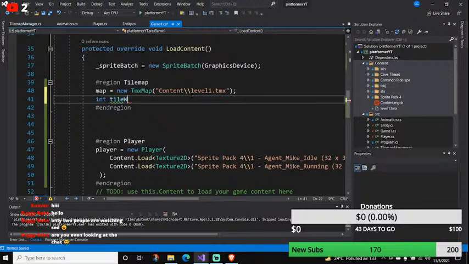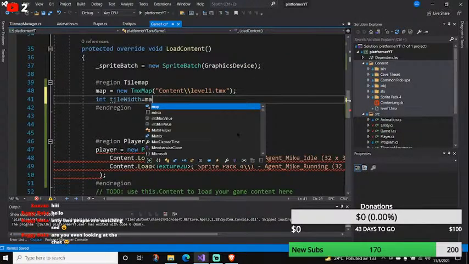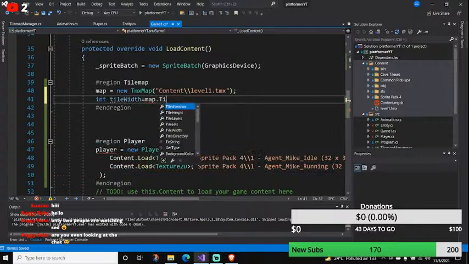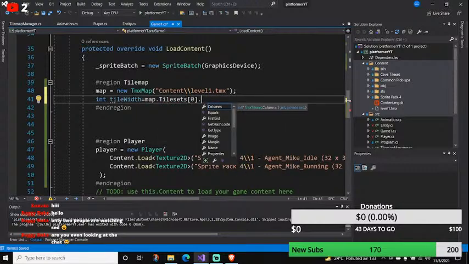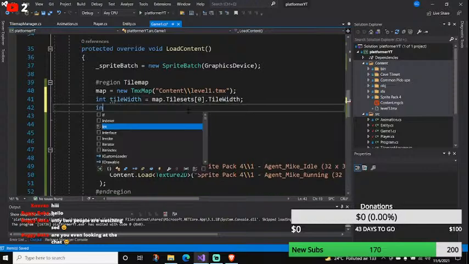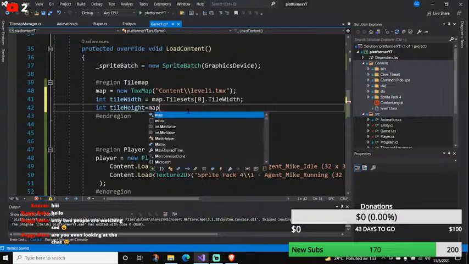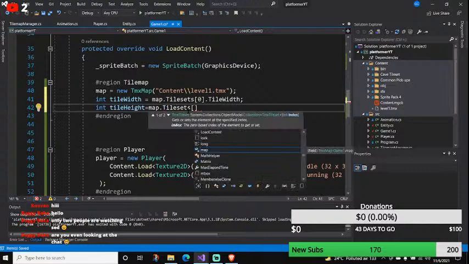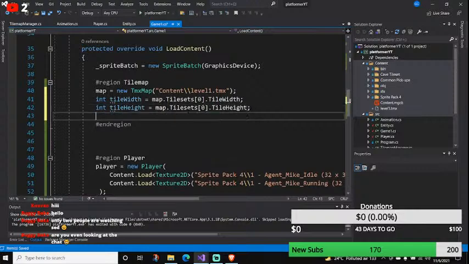Tiles, yeah, since we have only one tile set, we will just set it to map.Tilesets[0].TileWidth, and tile height will be map.Tilesets[0].TileHeight,